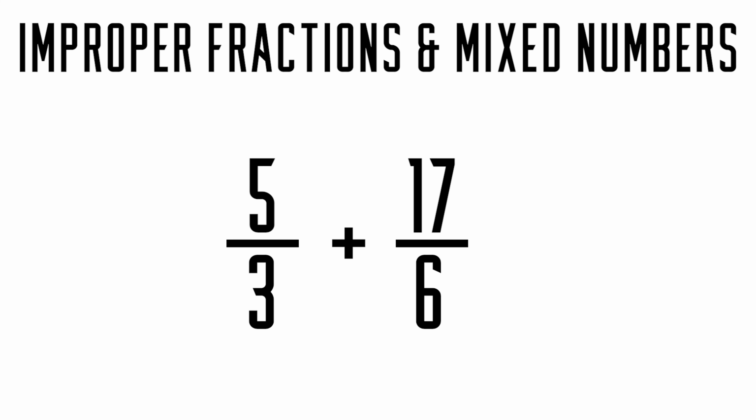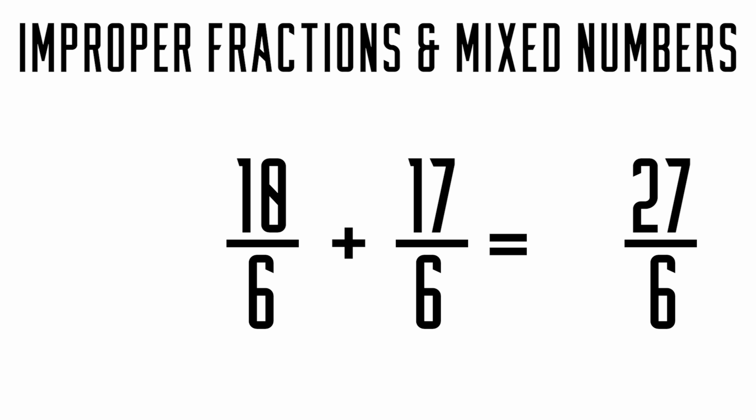We want to make these both the same denominator in order to easily work out the answer. We know that 3 divides into 6 twice, so we'll multiply the top and bottom part of that fraction by 2 to get 10 over 6. Now we have 10 over 6 add 17 over 6, which will give us 27 over 6 as an improper